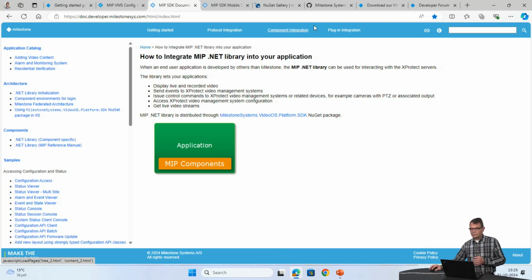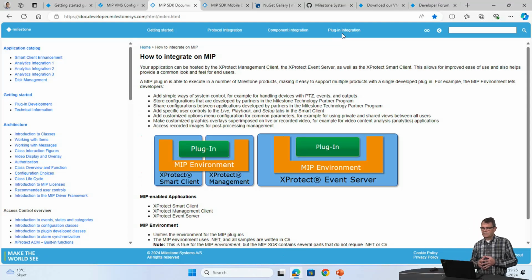The third option here is plugin integration, and here you can then make plugins.